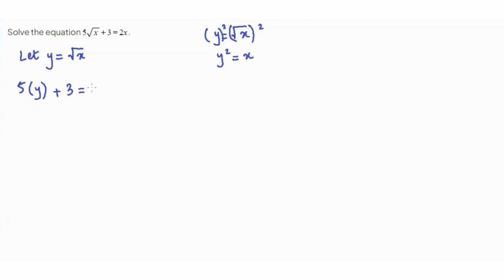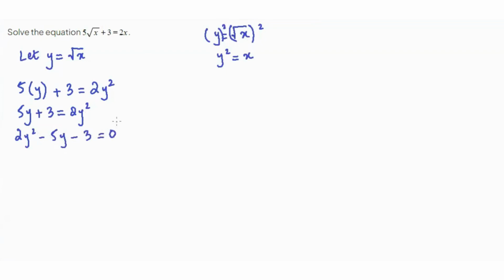So that means it would be 2 times y squared. What we have is 5y plus 3 equals to 2y squared. I'm going to move all the terms on one side, so it becomes 2y squared minus 5y minus 3 equals